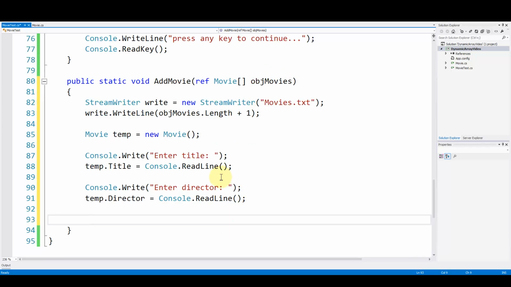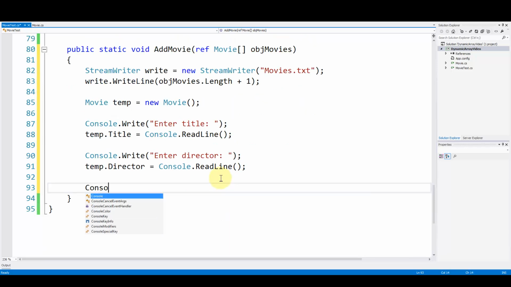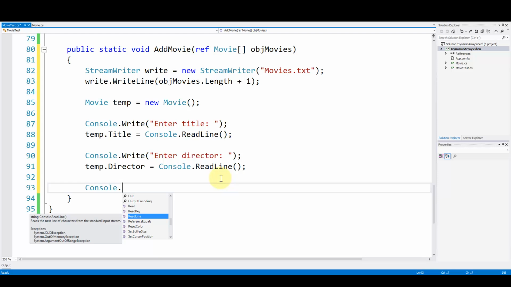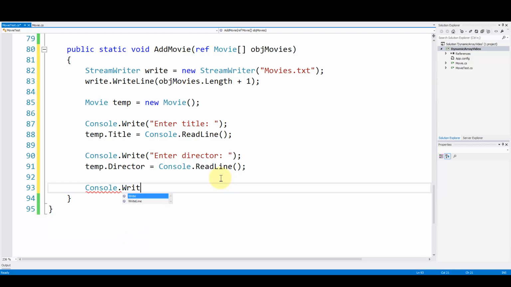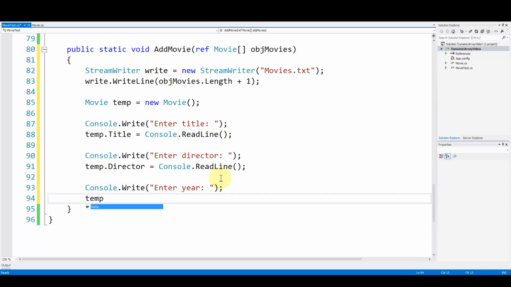The last thing is the year. So we'll do console.write enter year. And then we'll do temp dot year